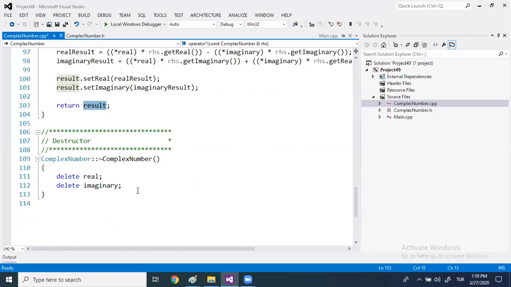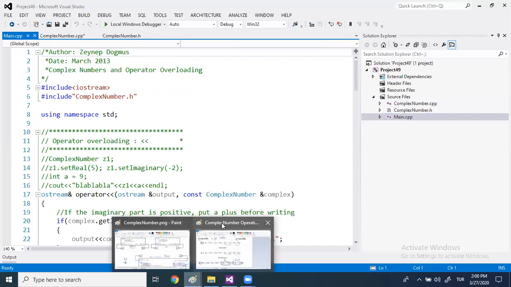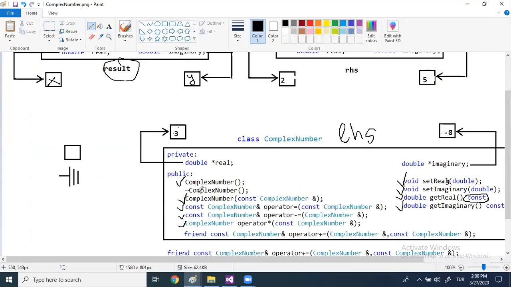Finally, we have the destructor. So when you don't need the object of a certain class, you just destroy it. And how do you destroy it? Well, in the constructors, you just dynamically allocate the real and imaginary. In the destructors, you just delete it. As simple as this, in order not to have memory leakages. Okay, now we saw this part, but we didn't see the member function, friend, if you remember, which